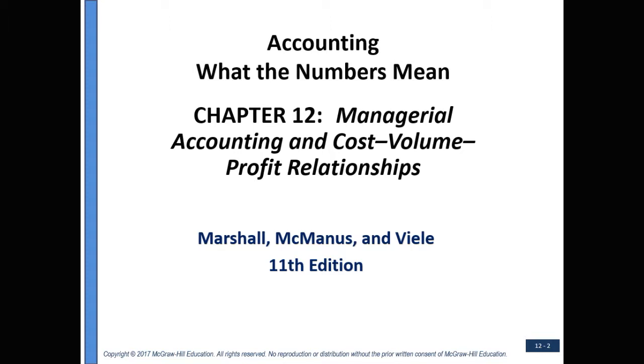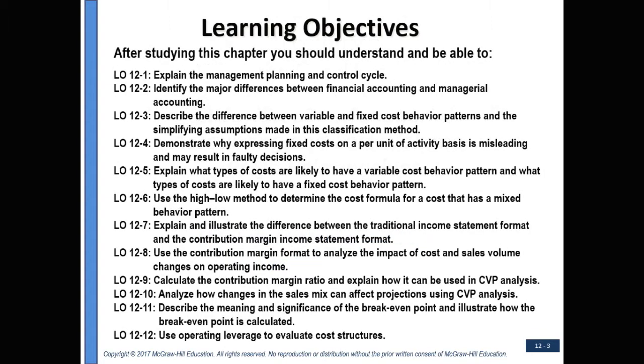Chapter 12 talks about managerial accounting and the cost-volume-profit relationships. After studying this chapter, you should understand and be able to explain the management planning and control cycle, identify the major differences between financial accounting and managerial accounting, describe the difference between variable and fixed cost behaviors and the simplifying assumptions made in this classification method, demonstrate why expressing fixed costs on a per unit of activity basis is misleading and may